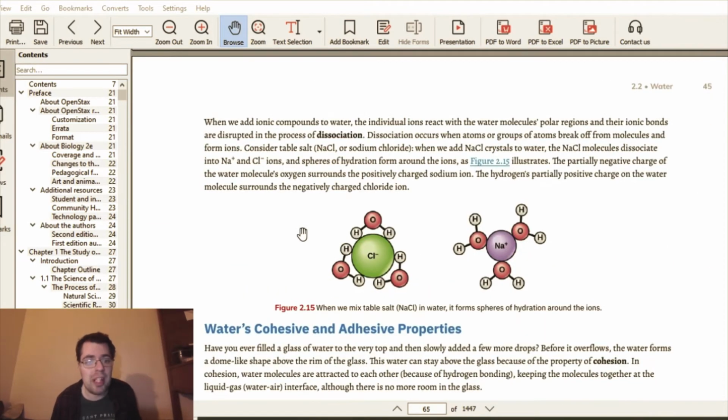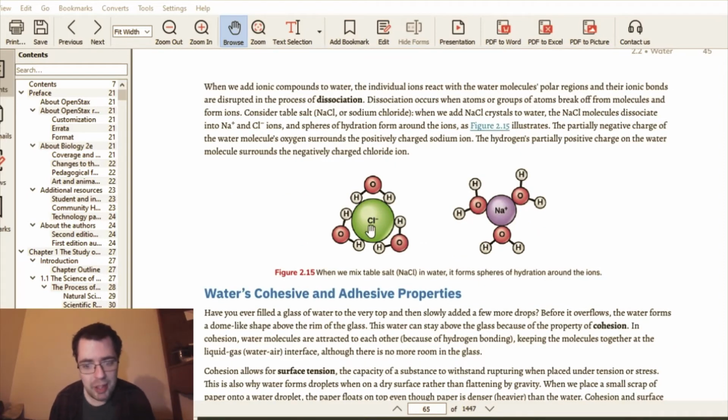Okay. When we add ionic compounds to water, the individual ions react to the water molecule's polar region, and their ionic bonds are disrupted in a process called dissociation. Dissociation occurs when atoms or groups of atoms break off from the molecule and form ions. Consider table salt, NaCl, sodium chloride. When we add sodium chloride crystals to water, the molecules dissociate into positive sodium ions and negative chloride ions,